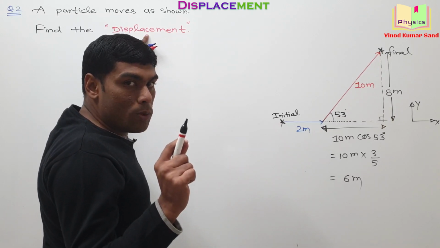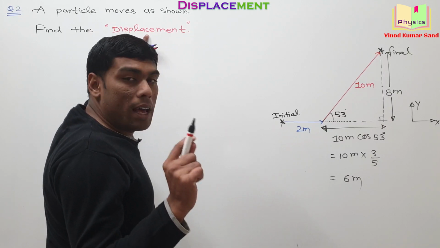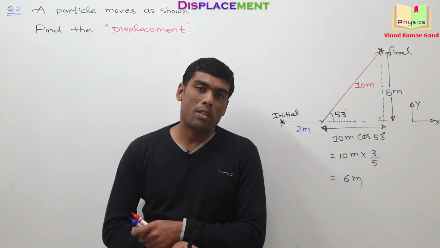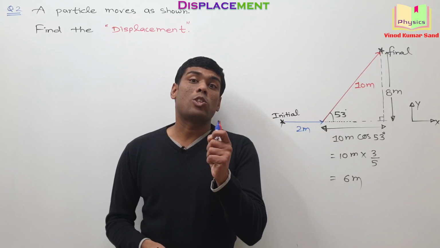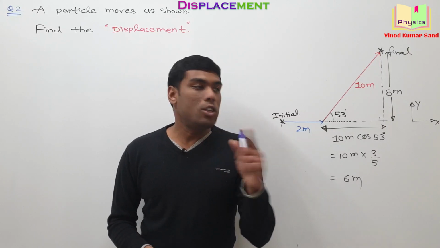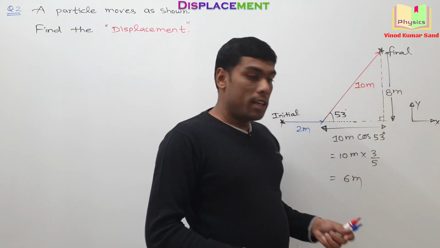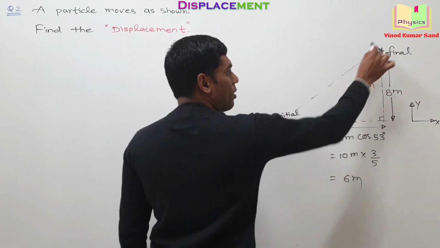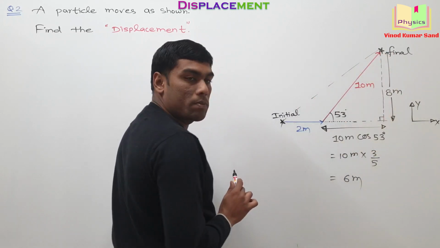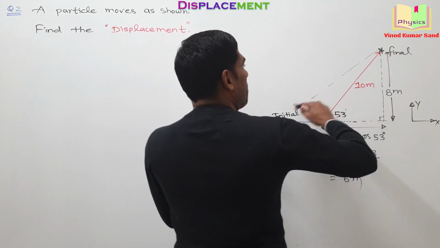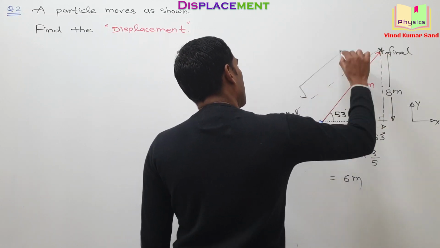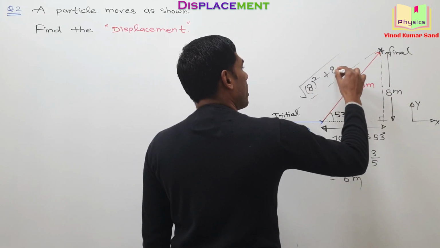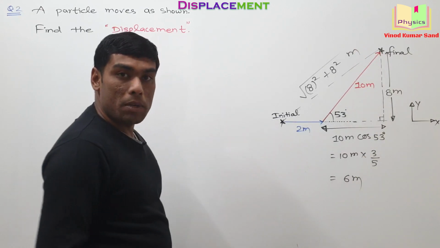Okay. Displacement is a vector quantity. It will have magnitude as well as direction. First of all, I am obtaining the magnitude of the displacement. How do we get the magnitude of displacement? Speak up. It is the shortest distance between the initial and the final position. And the shortest distance can easily be obtained using the Pythagoras theorem. Do you agree? Okay. By Pythagoras theorem, this length will be root of 8 square plus 8 square and the unit will be meter.